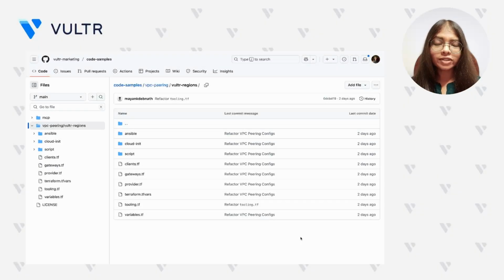Going through the manual overhead of creating a private connection across multiple Vultr regions can be draining and time consuming. To streamline this, we have automated the setup using Terraform and Ansible. We have created a GitHub repository that contains Terraform manifest and automation script, the link to which is attached in